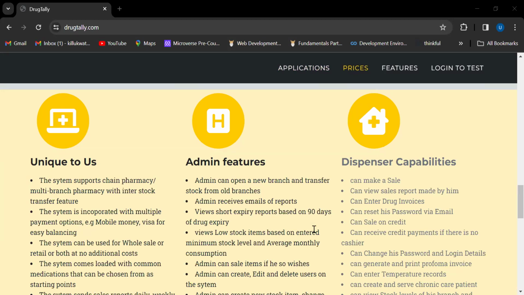Some of the most catching features is we have incorporated into our system the different payment options at checkout. That is mobile money, Visa, and credit. So you're able to choose how the client is paying you, which makes it easy to balance at the end